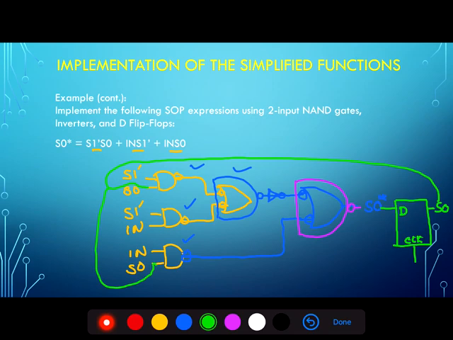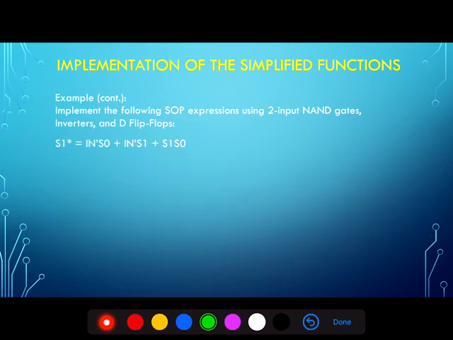So what we've done here is use combinational logic to implement S0 star, and then used a D flip-flop to ensure that we delay S0 star so that we can use the present value of S0 in the expression for calculating S0 star. We can do the same thing with S1 using a similar technique, and once again implementing with two input NAND gates. We can get,